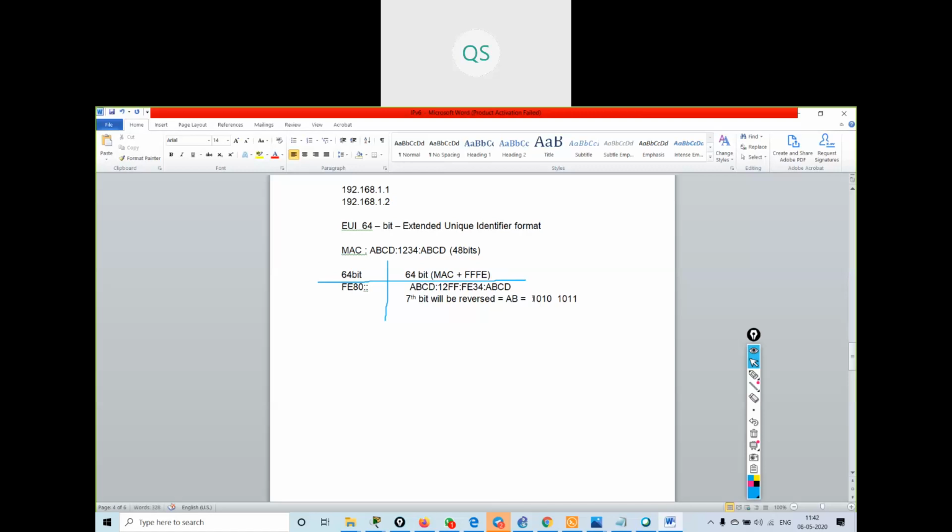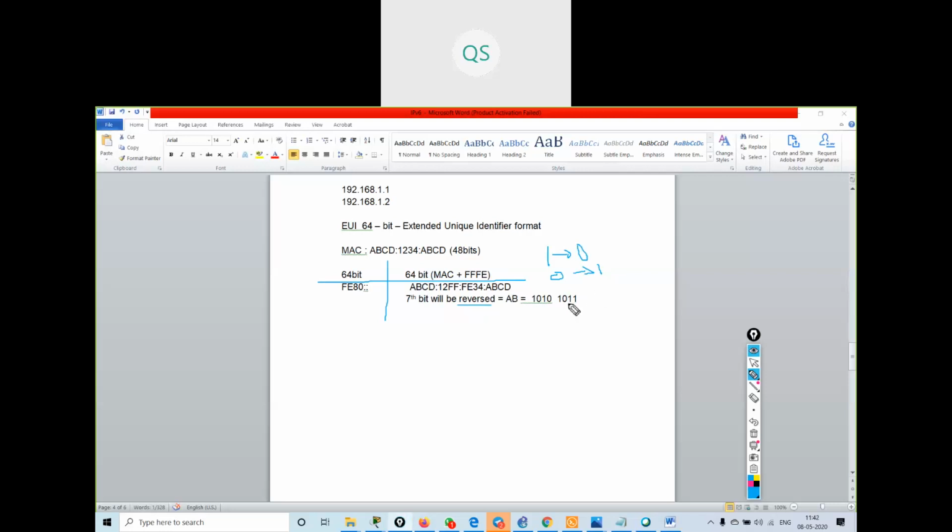Now if I count, the seventh bit is 1 over here. Whenever it is 1, it will become 0, and whenever it is 0, it will become 1. It will always be reversed.